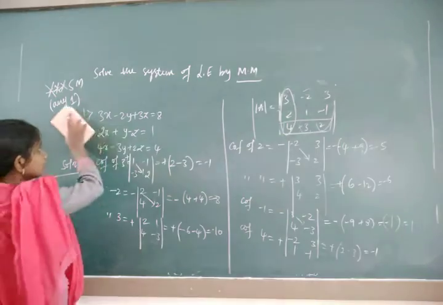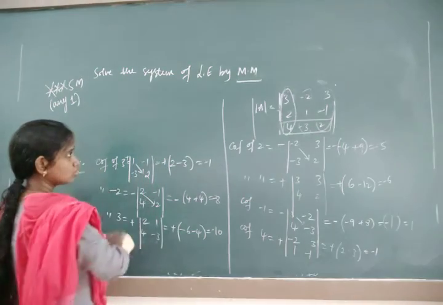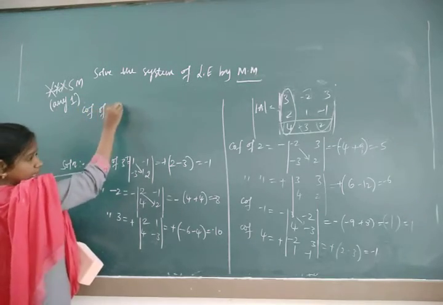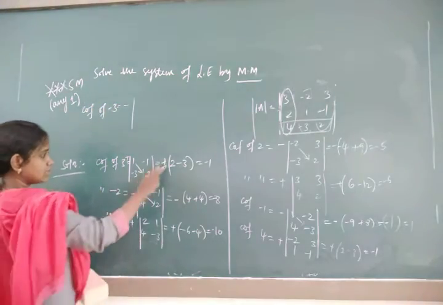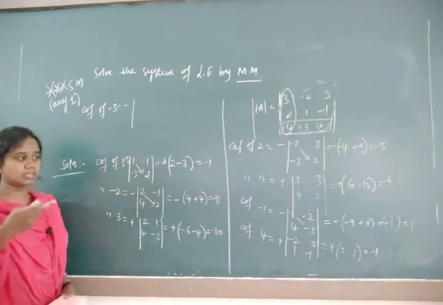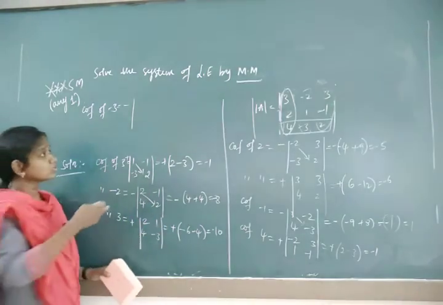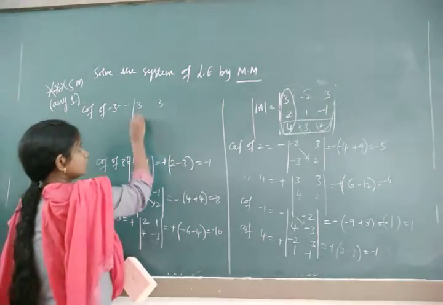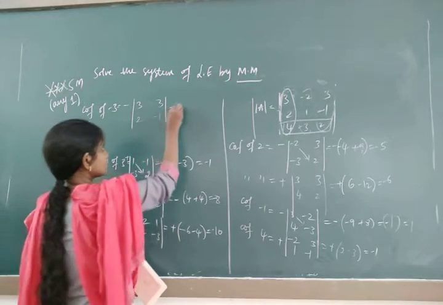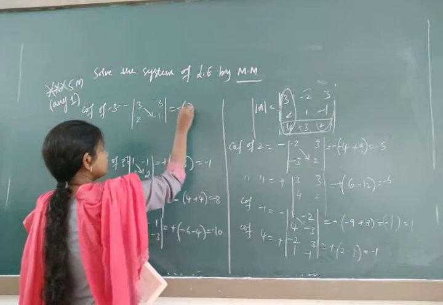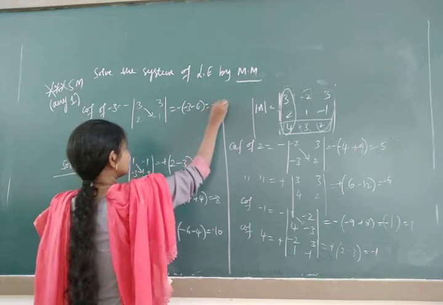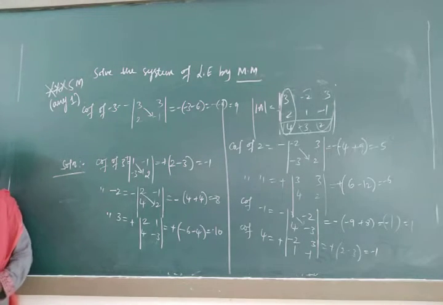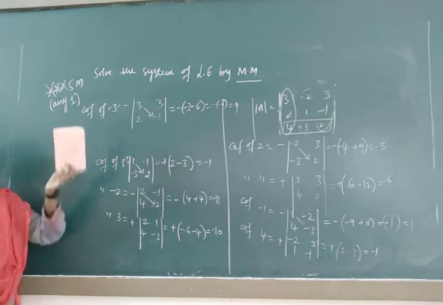Next I'll write here the cofactor of minus 3. The sign will be minus, alternate sign. See here plus minus plus, again I have taken minus plus minus, then plus minus plus. So for the cofactor of minus 3, delete the third row second column, it will be 3 3, 2 minus 1. Minus 3 minus 6, it's a minus of minus 9, which is equal to plus 9, because minus into minus is plus. Outside is minus, you have to be careful in taking this sign.